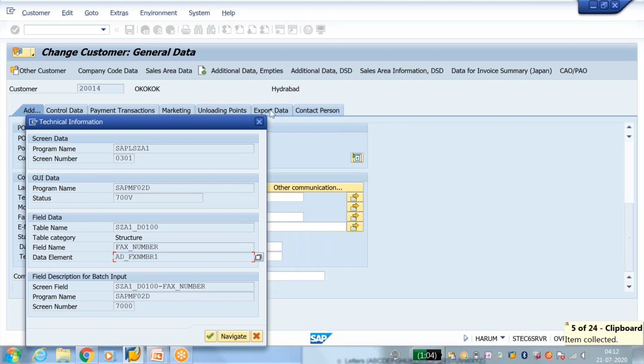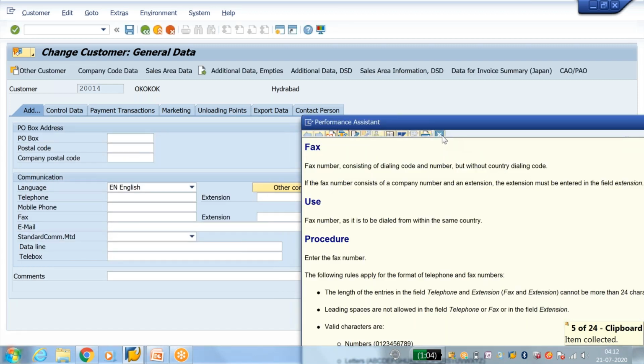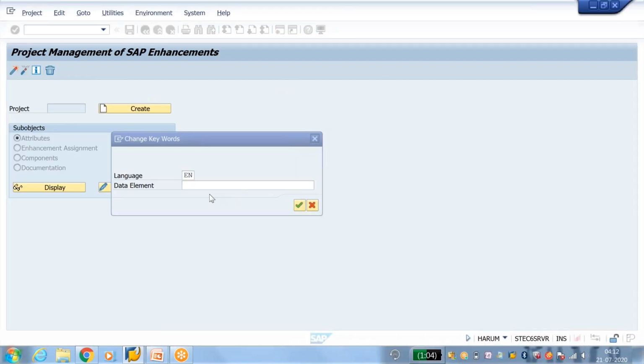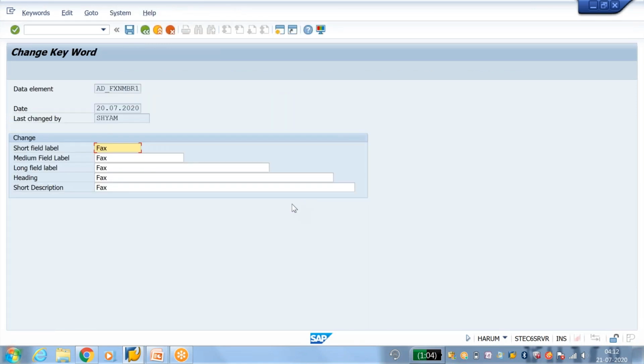So copy this data element, then go to that CMOD, change. Now I want to change this. Here you have to change it to customer notes, copy, paste.